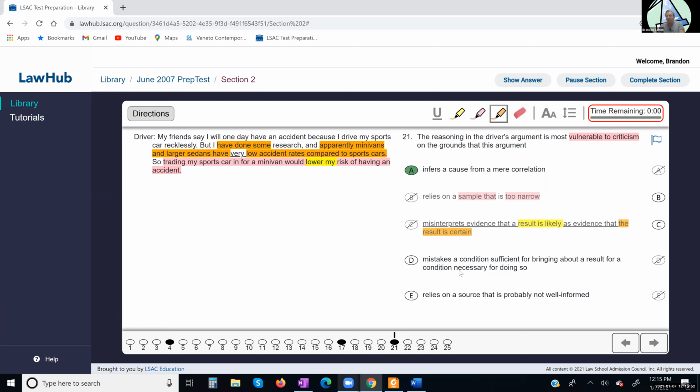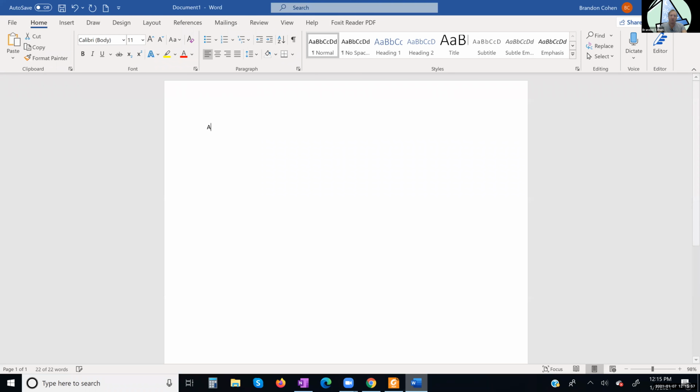D is describing the sufficient and necessary. Sufficient and necessary condition, remember, is conditionality. So if we have A arrow B, okay, Brandon has B, thus he has A. That's confusing necessary and sufficient. Or Brandon does not have A, thus he does not have B. This one is reversing the conditionality. This one is doing the negative, but the same direction. Those are invalid. They are called confusing necessary and sufficient conditions.